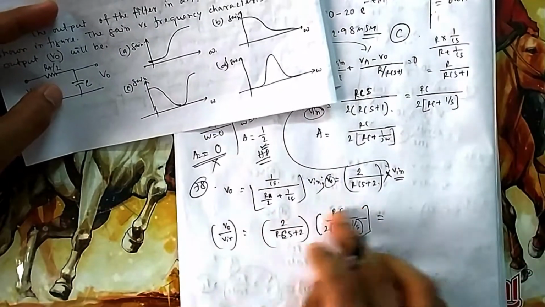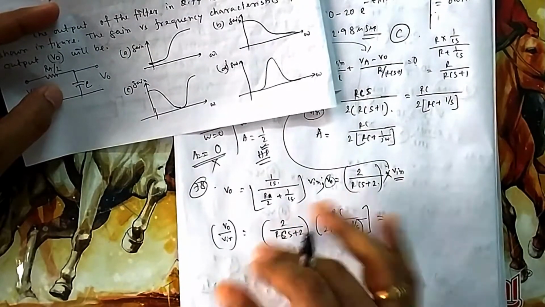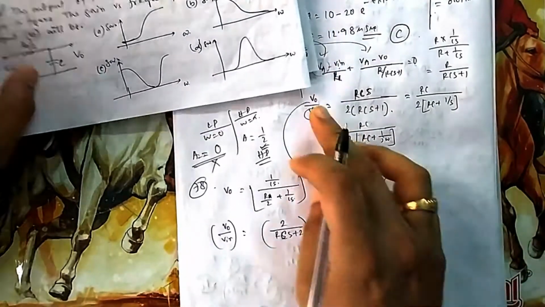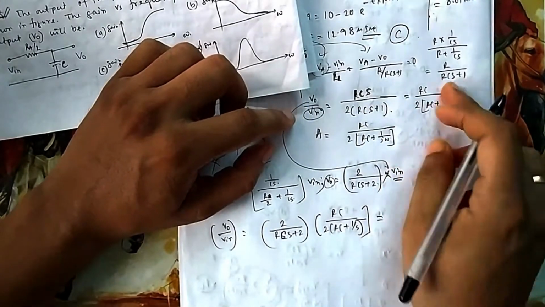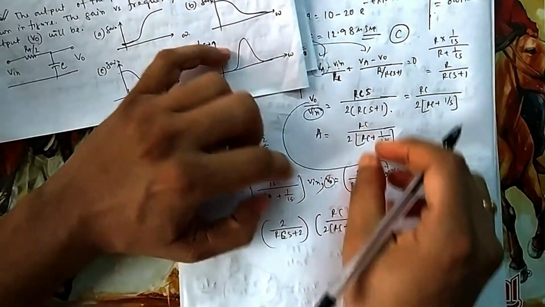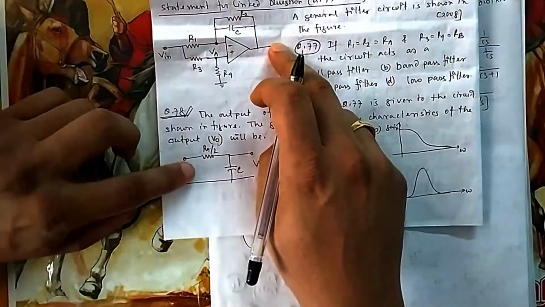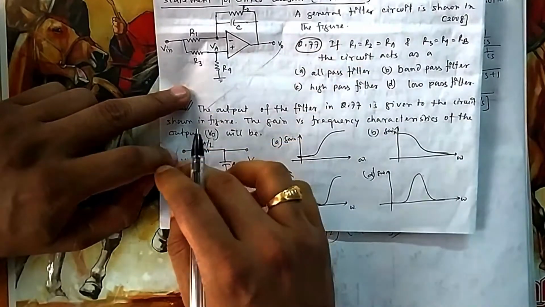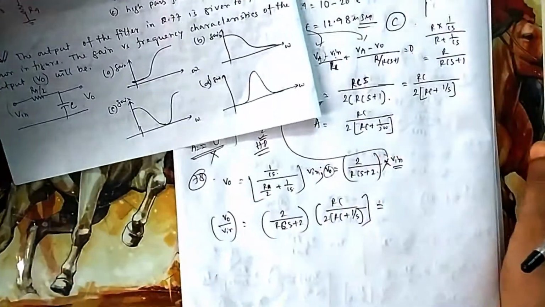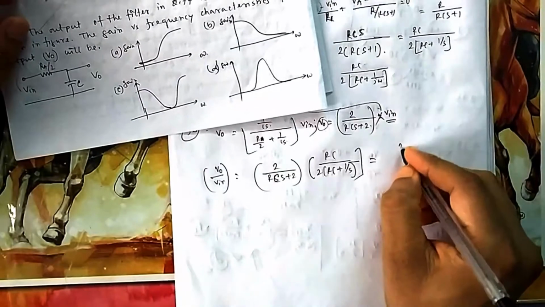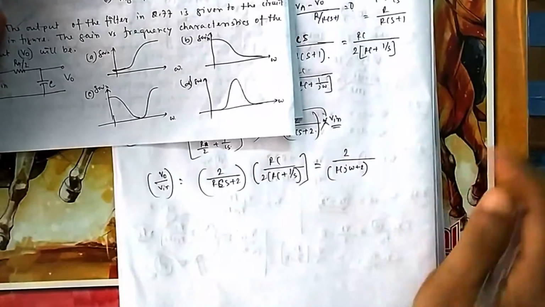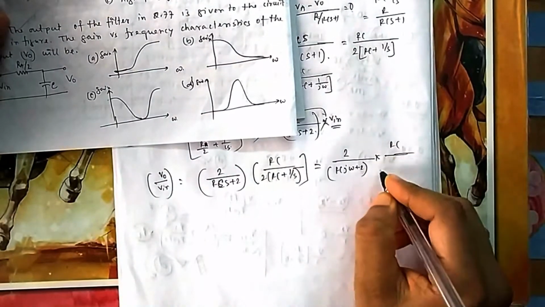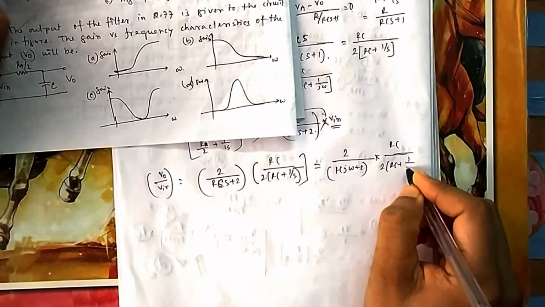So no S is there in the numerator; you remove that S from the numerator by dividing. Now you are getting this V0 equal to Vin into this. So I am putting Vin into this. Finally if you take Vin out, this into this will be there, because this is your final input and this is your final output. This V0 is nothing but Vin here. If you put omega here, it will be 2 by RC j omega plus 2, and then multiplied by RC by 2 into RC plus 1 by j omega.